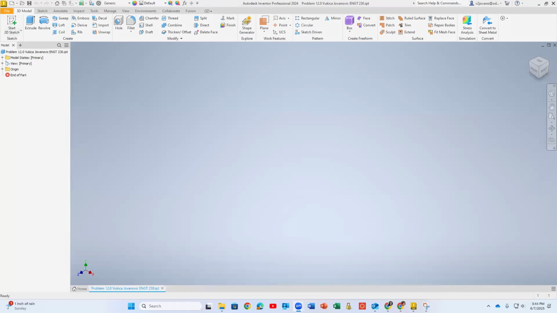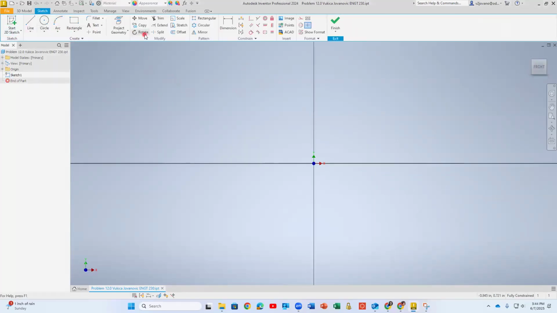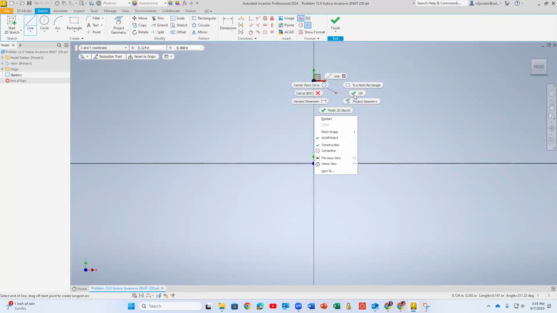Hello, now I will show you the tutorial for introduction to basic stress analysis. For the basic stress analysis, we will first draw the part that you have in chapter 12. So we will start the 2D sketch. And since this part is symmetric, let's just make a symmetry line for the beginning, just to have something